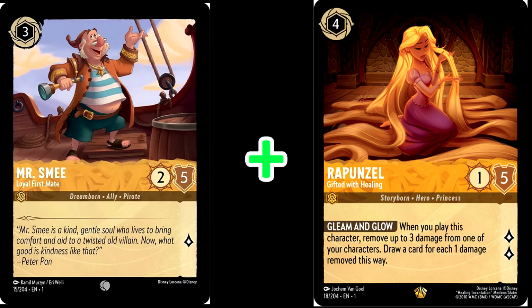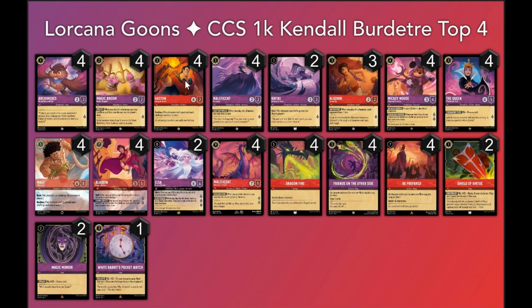and then they can play the Rapunzel to draw 3, still leaving the Mr. Smee with 4 willpower after that as well, to create some additional advantage. Those are some of the cards that you can look at specifically to negate the effects of their early game removal. So now that we've looked at how to play and beat the matchup in the early game,